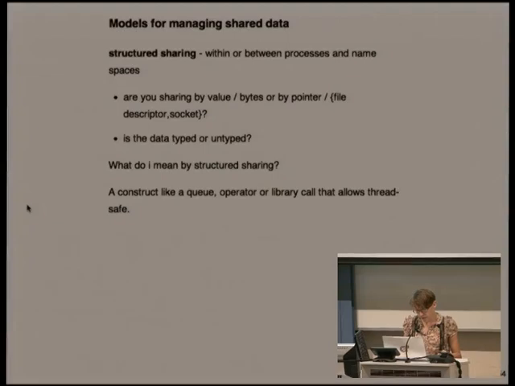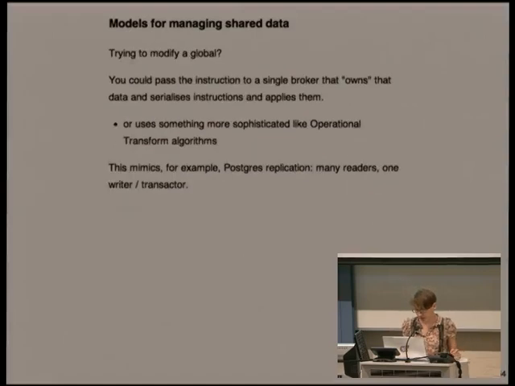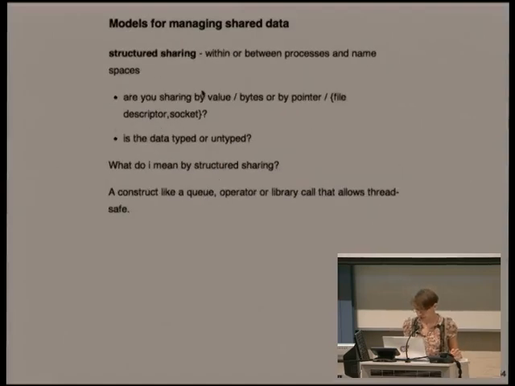So when you do structured sharing, you essentially use some kind of data structure or operator or other primitive that allows you to do thread-safe access to some data. However, if you're sharing things by value or just sending some bytes around, you don't need to worry about this. Wherever possible, if you can just send an array by value, or send bytes to someone on a pipe, you don't have to worry about a race condition. You just have to worry about how you're going to resolve potentially conflicting writes or conflicting data down the line. But at least, if I send data to someone, I want to know that I can still use it for something else.